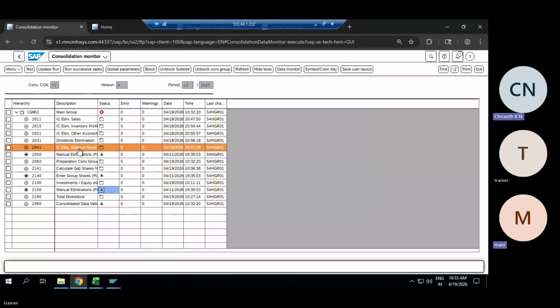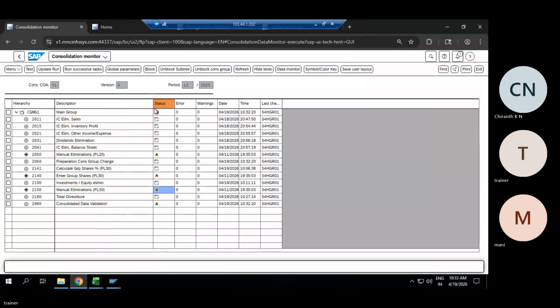Why are there two manual eliminations? Can you expand what the difference is? One is PL20; I can only see one. In the 2000 task ID hierarchy, 2050 is also manual elimination PL20, and here 2050 is manual elimination PL30. Posting level 20 and posting level 30, right?